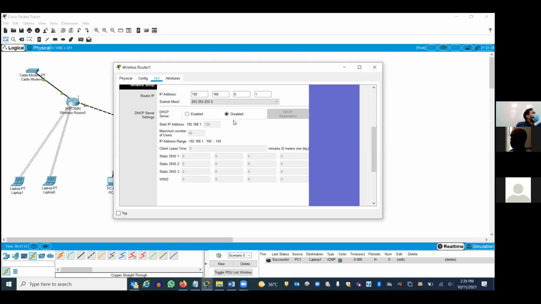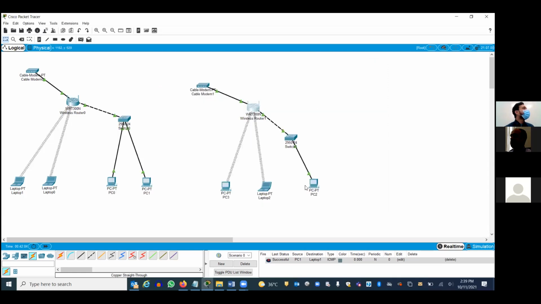It will not give the IP address automatically. Correct. It will not supply. So none of these devices will get an IP address automatically. Even though you are connected, you won't get an IP address.